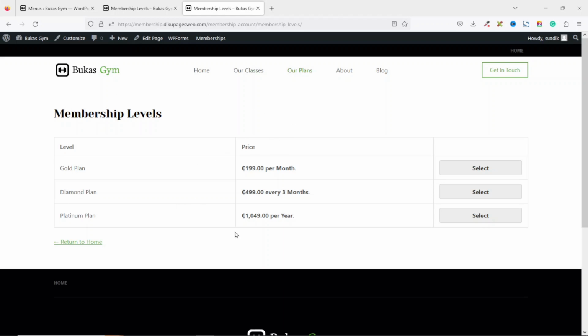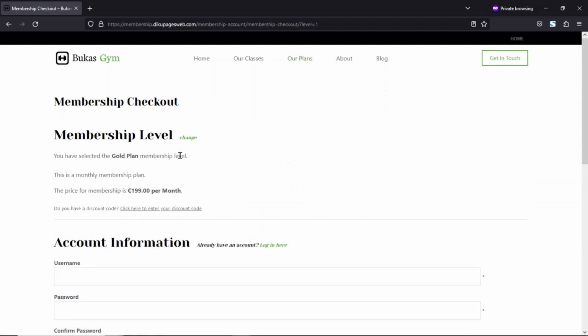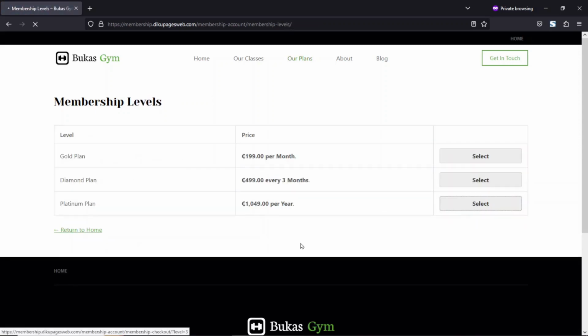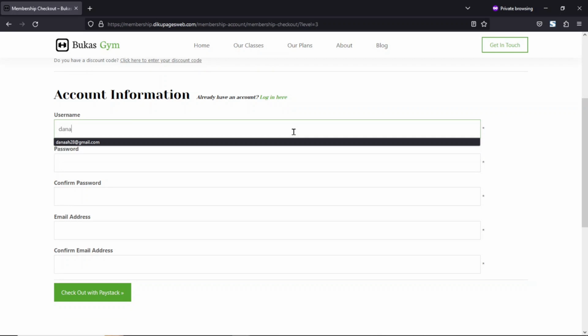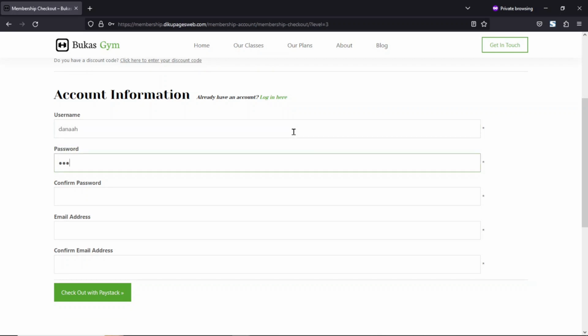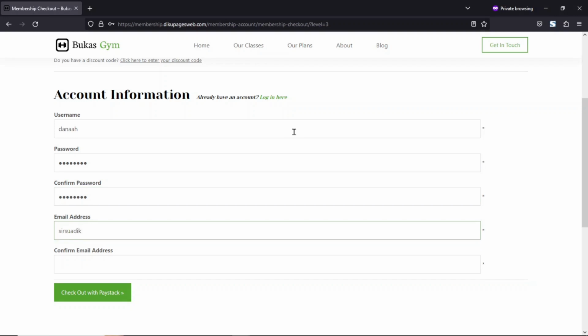Now let's see how users can sign up onto our website using any of these membership packages. So I'm going to open the website in a new private window. Then I go over to our plans, and I'm going to select the very first one. Okay, maybe I'll go for the ultimate. So I select the third one, that is platinum. In here, I enter in my username, password. I confirm my password. Next, I enter in my email. I just copy it and confirm it by pasting. Now I can click on checkout with Paystack. Click on it